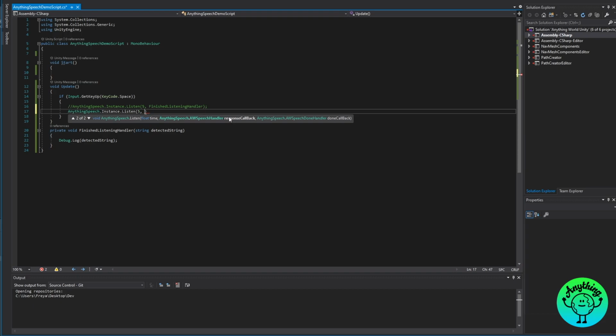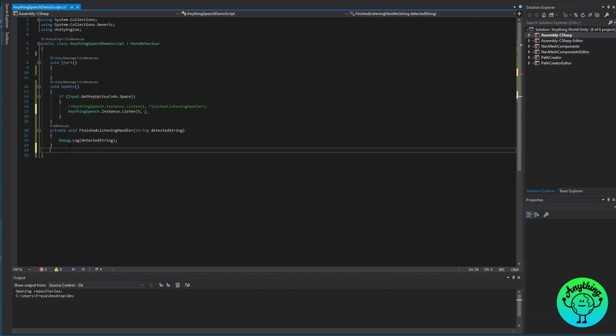Now the response callback has the same format as the done callback, so it takes in a string. So in theory, we could use the finished listening handler to be our response callback. However, I'm going to write a new function just to make it very clear for us. So in process listening